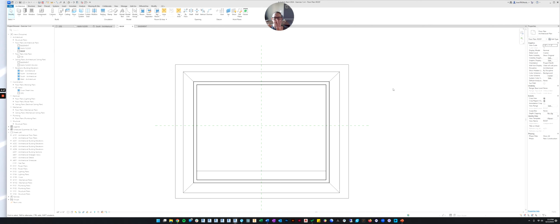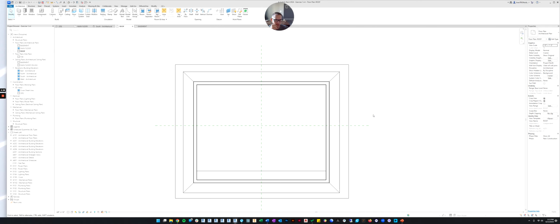So there's 3 important elements you need to remember about a view. There's the bottom cut plane, which is the level that the view is associated with. So in this case, the roof level. There's the top of the view, which is outside of the page. It's coming out of the screen at you. And that by default is just a certain number of feet above the associated plane. So in this case, the roof. And then there's another one called the cut plane. And that's where it's cutting the model to open it up and look at it.